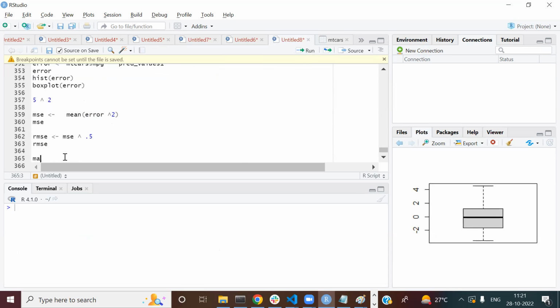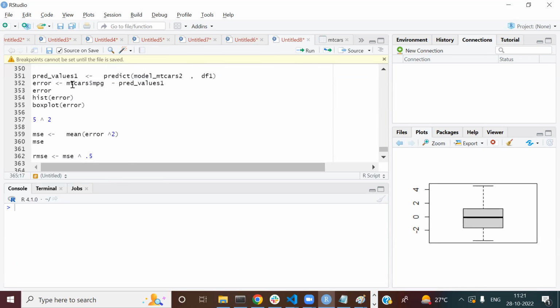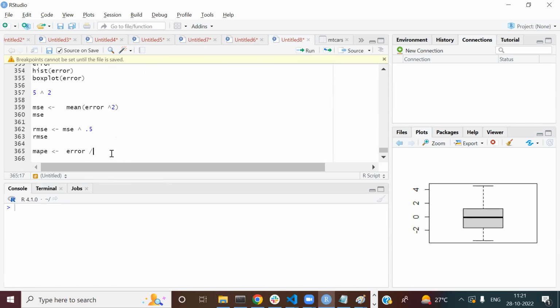If you want to find MAPE, what do we do? We take the mean absolute percentage error. So error divided by your actual, into 100, and then if I take ABS,